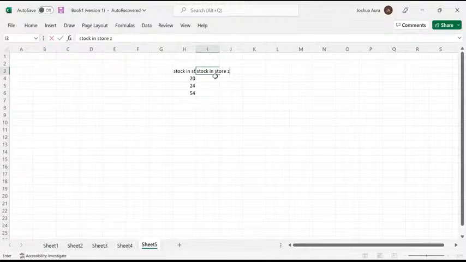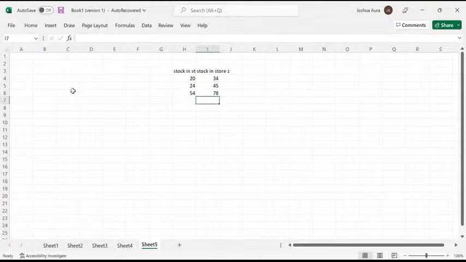I have my enter there. So what we have here, for example, could be something like 34, 45, 78, like that. The first thing I realize here, ladies and gentlemen, is that I can't read my titles. So straight away this stock in store Z, the sentence is bigger than the cell. When you realize that, as a good student of Excel, what you're supposed to do immediately as a warm-up, before I start showing you what I would want us to do today,